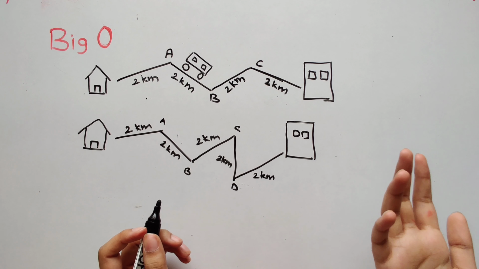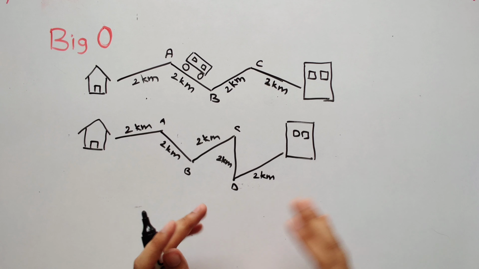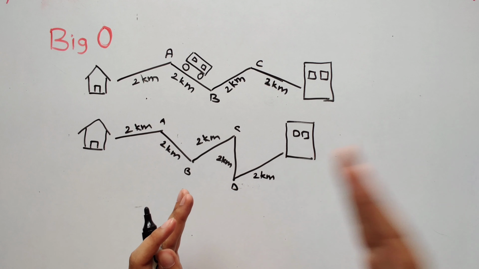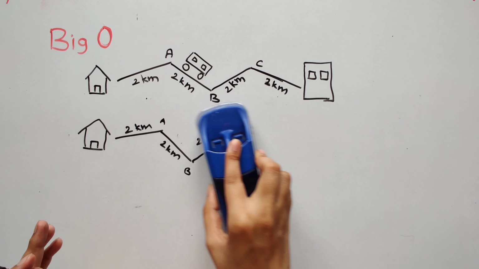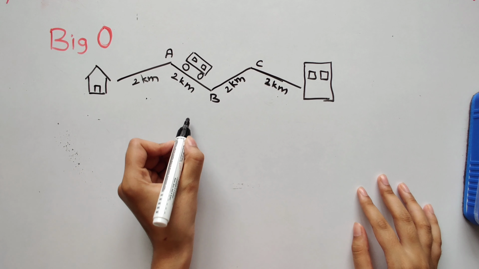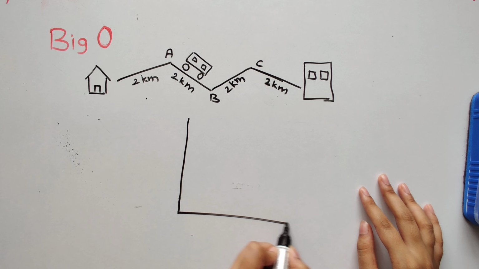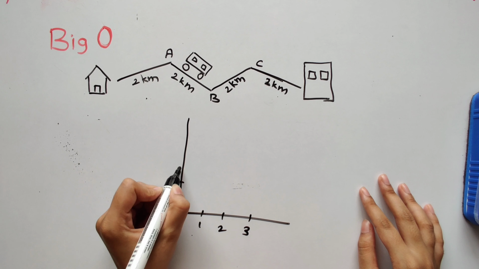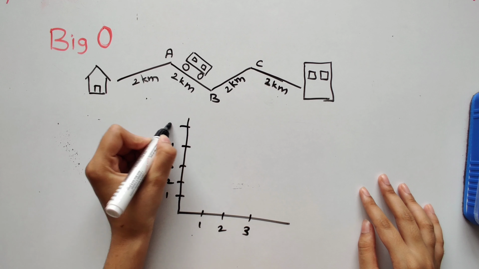So what is the pattern that you see here? You see that the distance that you need to travel is linearly increasing with the number of stops. And why am I saying linearly increasing? Why not quadratic or something? Okay, for that, if you plot a graph of how many stops are there and what is the distance that you need to travel in order to cover them.